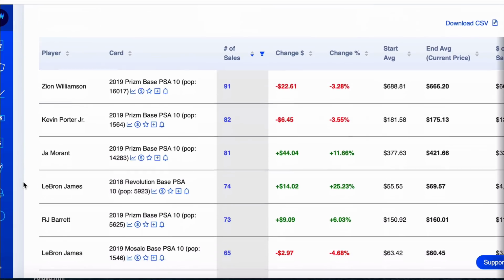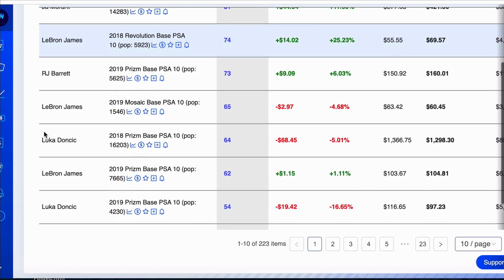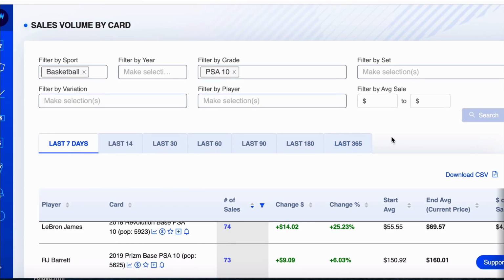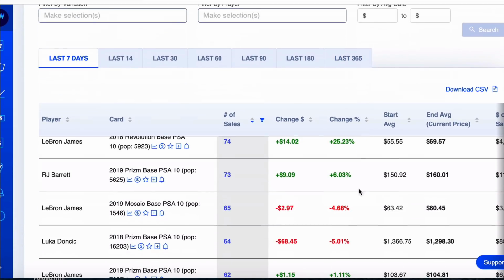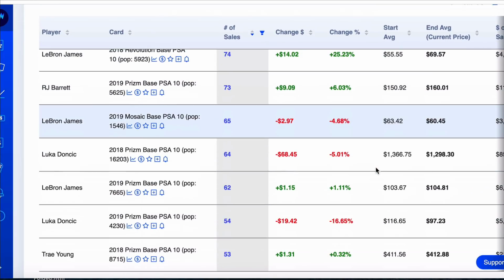But really interesting list of people, right? I mean, we got Zion, we got Ja, we got KPJ, 3 LeBrons, 2 Lukas, an RJ Barrett, and a Trae Young in a pear tree, or however the hell that song goes. Interesting list, and there's red and green in here. But right now, it looks to me like the market